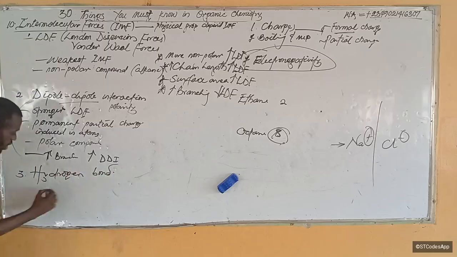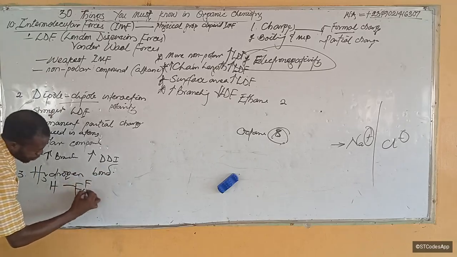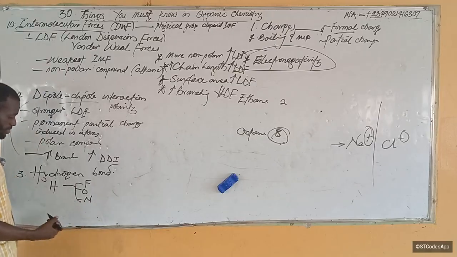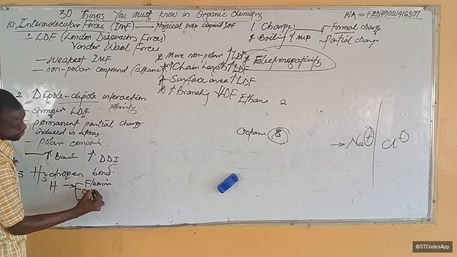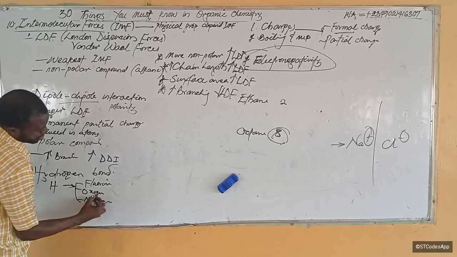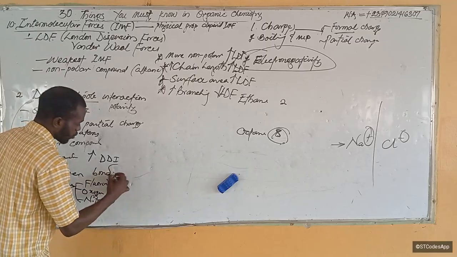Hydrogen bond exists when hydrogen is bonded to either of these three. FON. That's what I asked you to remember it with. FON or NOF, either way. When hydrogen is bonded with fluorine, oxygen, or nitrogen, then we have a hydrogen bond. Now keep in mind that it is the strongest